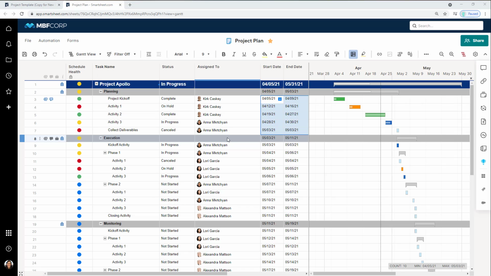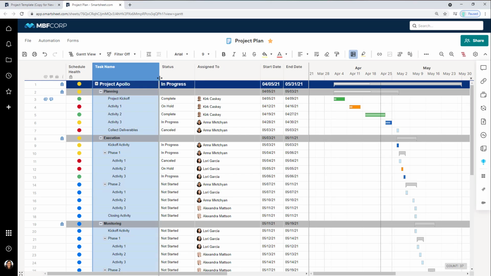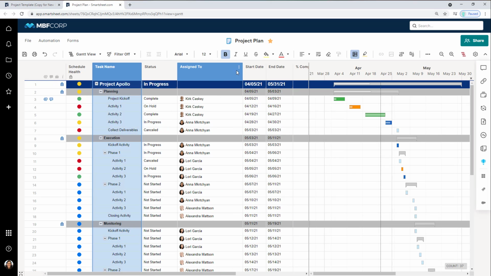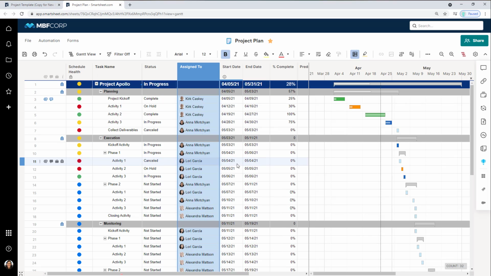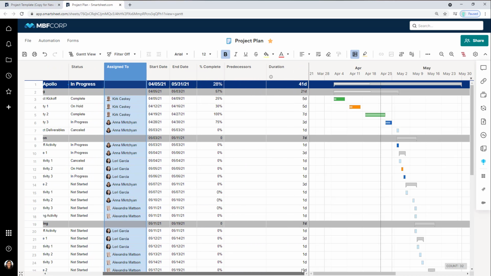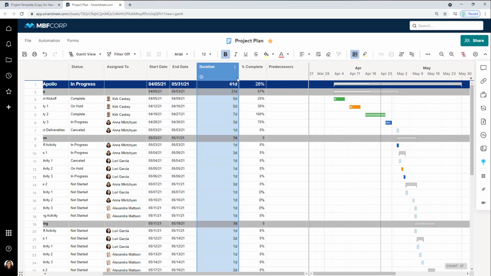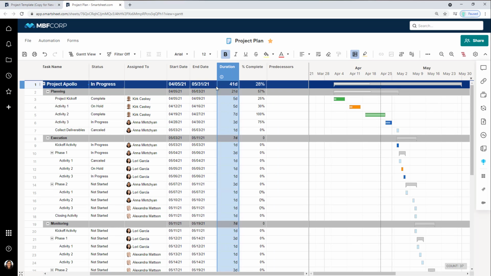Sticking with that idea of dependencies, let's go ahead and rearrange this sheet just a little bit. I want to be able to see those 2 new columns that Smartsheet has introduced into the sheet as well. So the first column is going to be our duration column, and we're going to start there because duration is pretty straightforward. Smartsheet's now doing the math between our start date and our end date and calculating the duration for